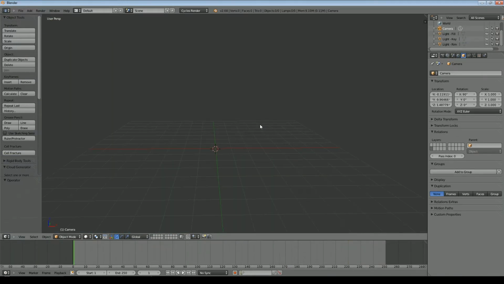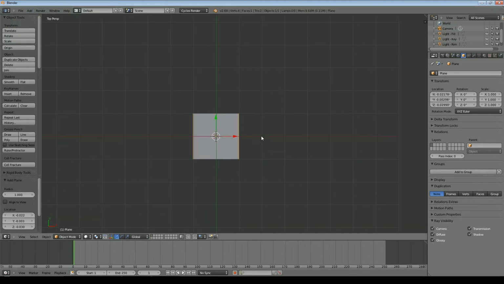So to start with, let's get our background image up. That'll give us a starting point on where to go. Now I could use the images as planes add-on. Not all of you will have that loaded, so I'll just do it from scratch. So we'll add a plane. I'll look at it from the top.